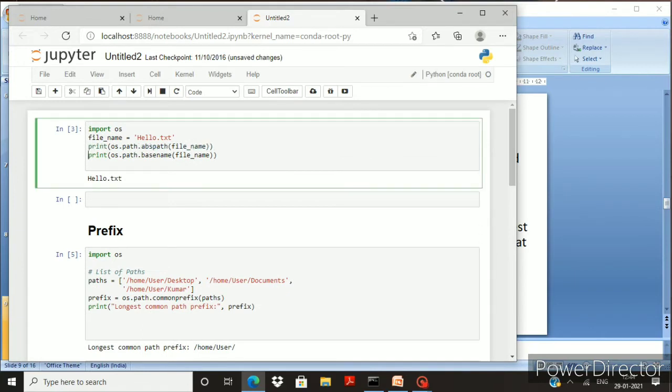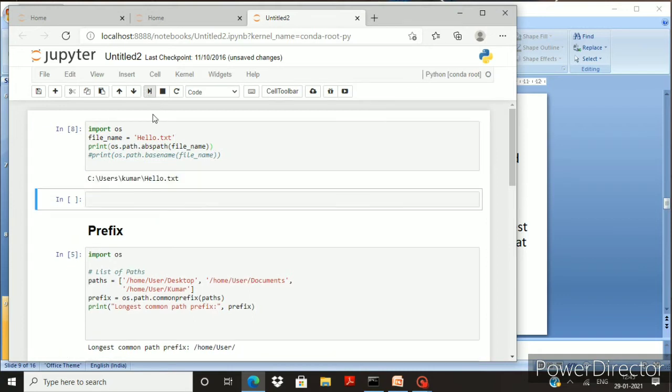Here I have declared the file name as hello.txt, which is already inside my folder, and I am going to display the path name of this file using abspath. Now I am going to execute this code, and the result will be the location of the particular file.